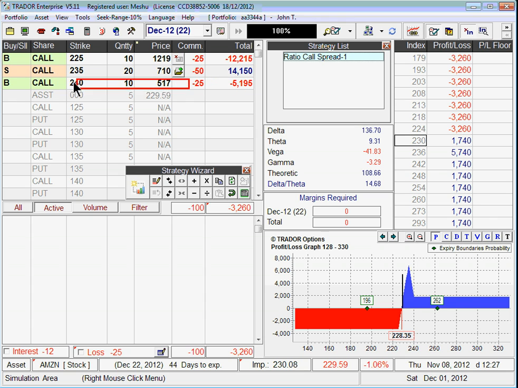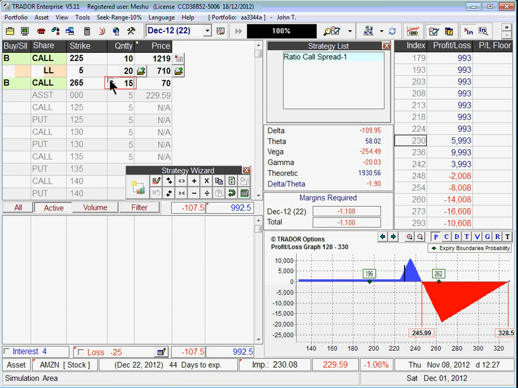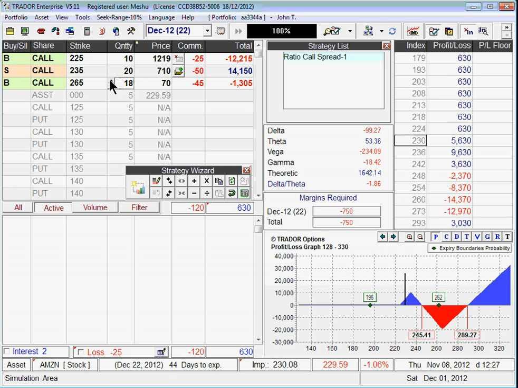Raise its strike till I have a profit on a down market, to call 265, and add a few units to its quantity till 18 units. So I'll still have profit if market stands still or drops, and we'll have profit if market